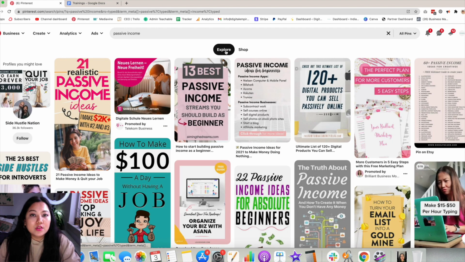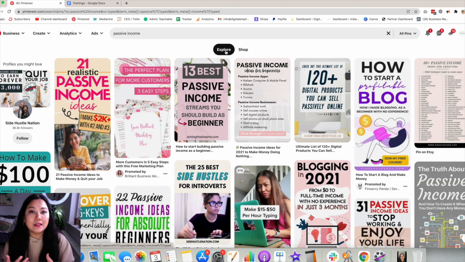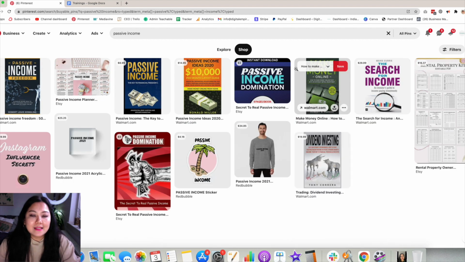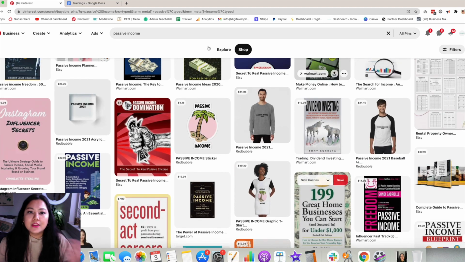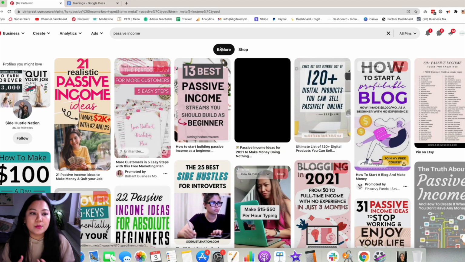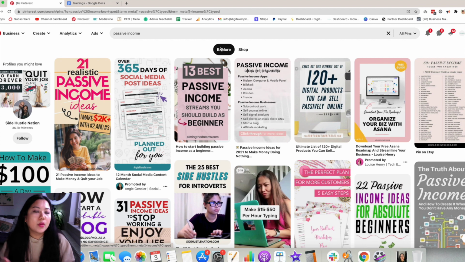However, when it comes to content creators, this is not really that great news, because it means that you are competing for attention between two different tabs now. So instead of the user just typing in passive income and being forced to read, let's say, all the articles and everything that comes up, now they have the option to just switch to the shop category and start shopping directly. So on the one hand, it's great if you're a product owner. On the other hand, you do have a little bit more competition, because now you're competing with product sellers or e-commerce business owners as well.